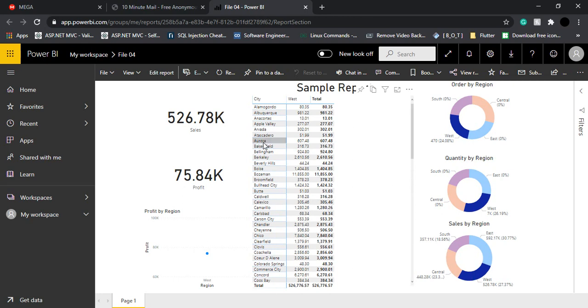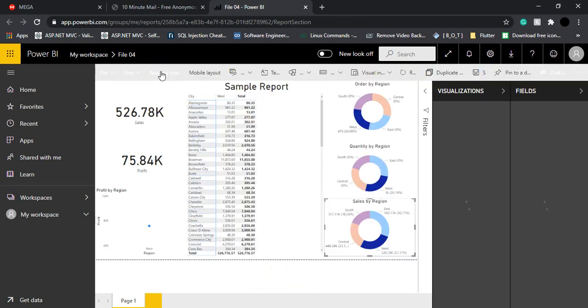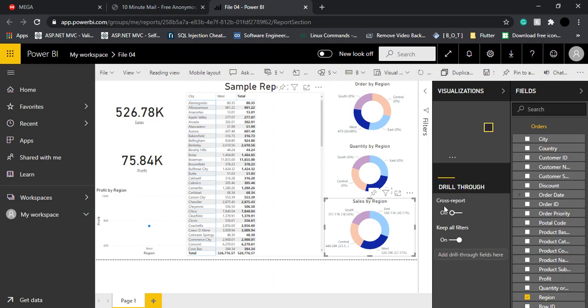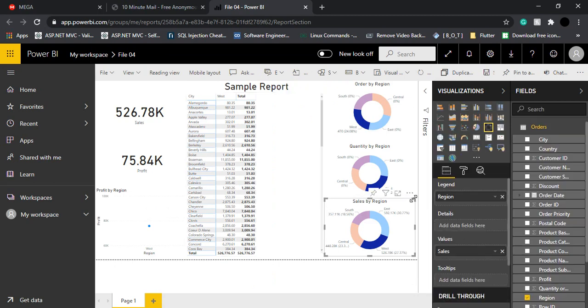Okay. Now, another thing is, if you want to edit this report, you can do it very easily. You can just go to this edit report option, and from there you can edit your report. You will get all these things, that is the fields, this orders table, and this visualizations pane, just like you have in Power BI Desktop.